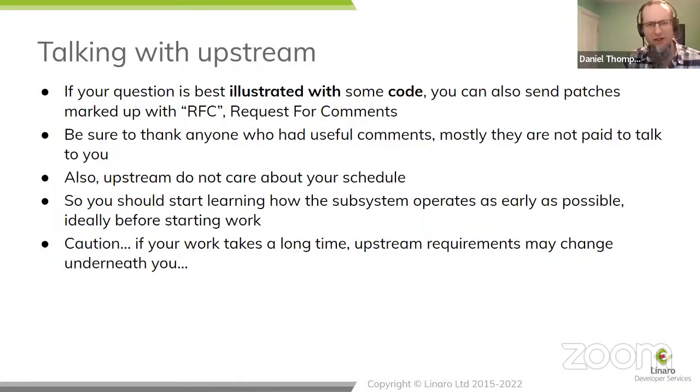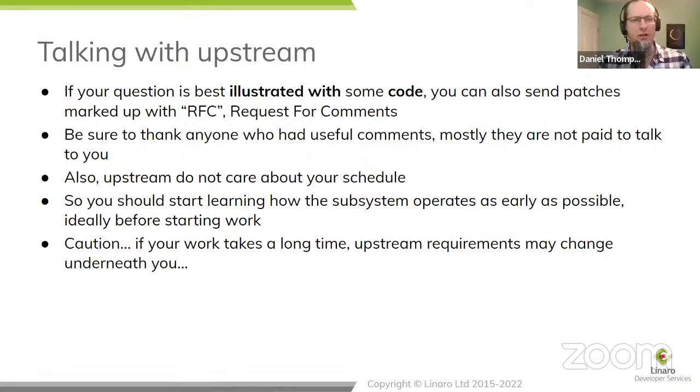My personal favorite habit is to have code that I've got as far as I can. And if there is something that I can't decide what the best design approach is, I frame the question as a request for comment, which is a patch where you're asking for comments on a particular patch. So you may have implemented it one way, become worried it's not the most optimal, and solicit requests for comments saying, is this the best or should I try a different approach?